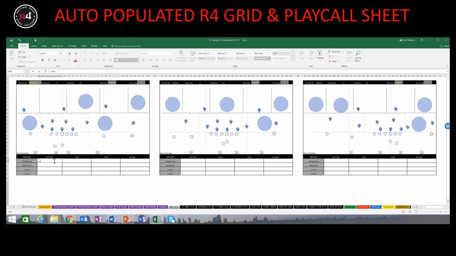So we'll use that example. We'll just say we're going to run 4 echo, which for us is a zone read. We're going to run an RPO, which is 5 bomb for us. Let's say we're going to run a quick games stick concept. And then we'll have a 5-step shot intermediate post flood concept. All right, so once those plays are entered in and we feel good about that formation, we would go along there